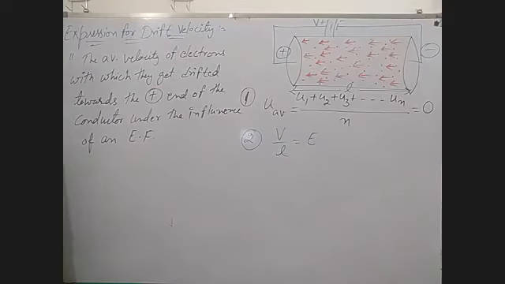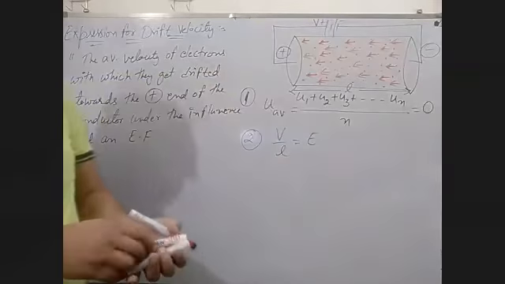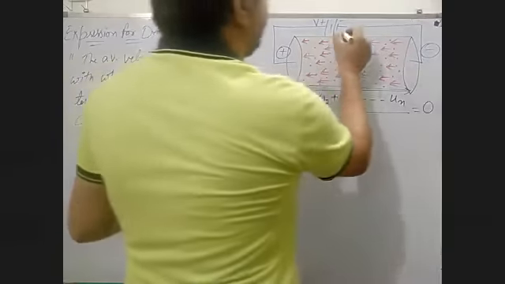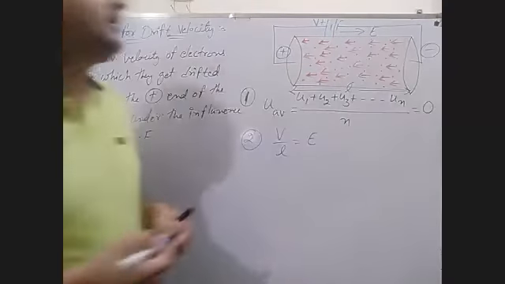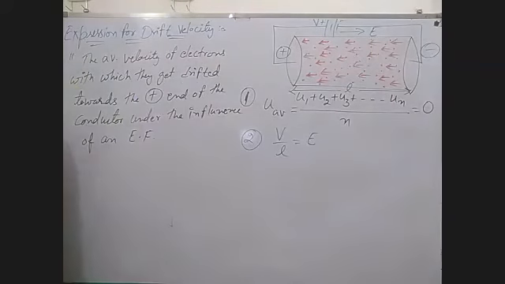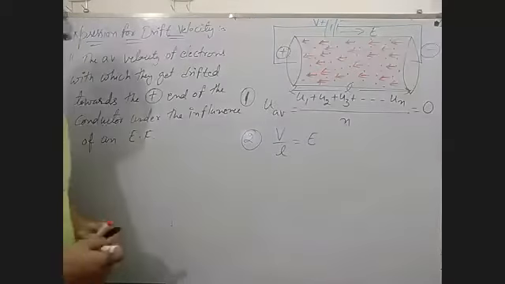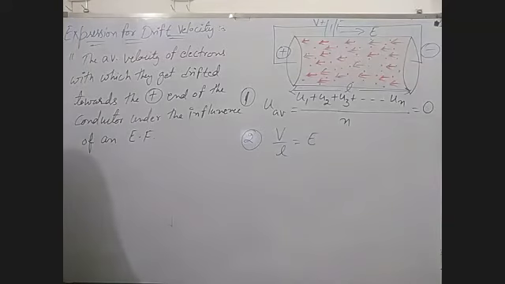Okay, any doubt, any problem? Okay, the direction of this electric field is from positive to negative. As you know, the direction of electric field is positive to negative. You can write here the direction of electric field in this way, positive to negative of the conductor. Since the charge on electron is minus e, each electron experiences a force.